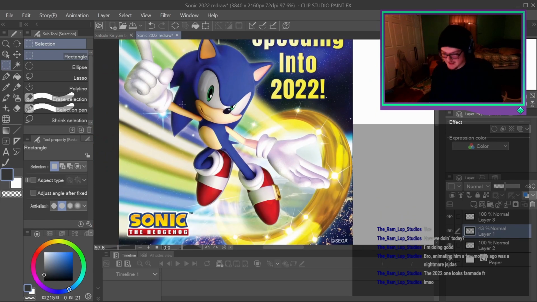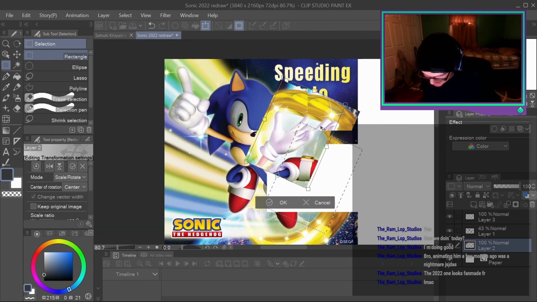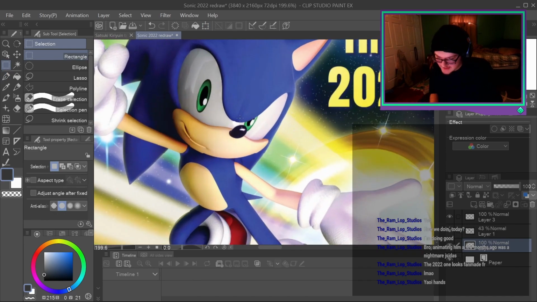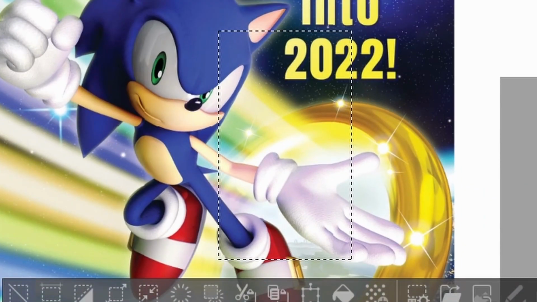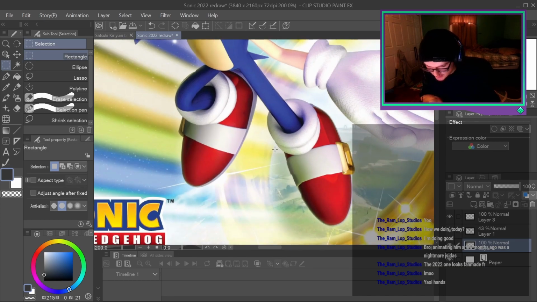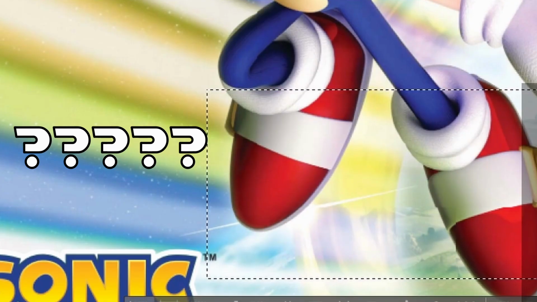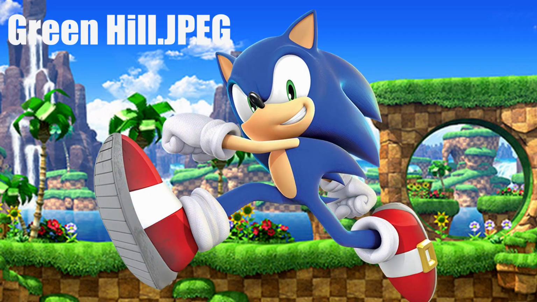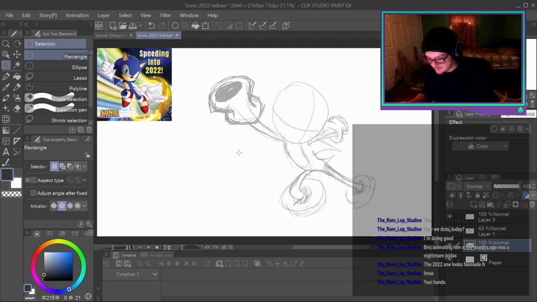Also, the pose is just terrible. That's why I have his arm going back here, because the pose is actually terrible. His hand is so large. And don't even get me started on the lighting on Sonic. Where is this reddish purple light coming from on this side? Why is it there? Not only that, but there's a green shadow in the direction from where the light is coming. What is that? I'm assuming what they did is they made this Sonic render and then just plopped it into this image they already had, but it doesn't explain the weird lighting. So I'm very confused on what they were doing.